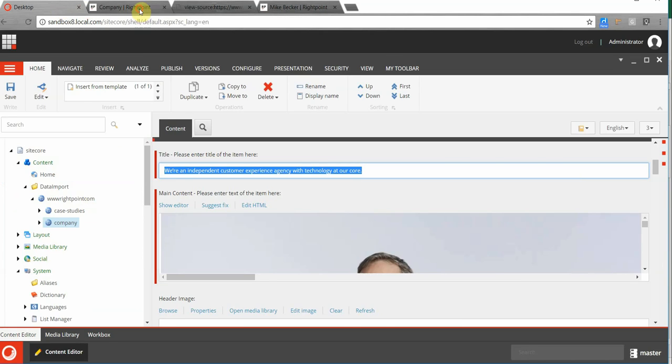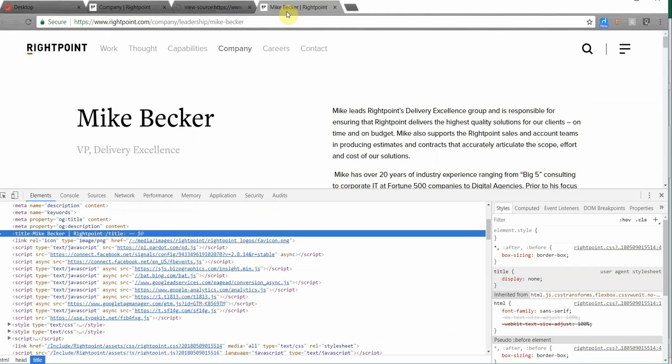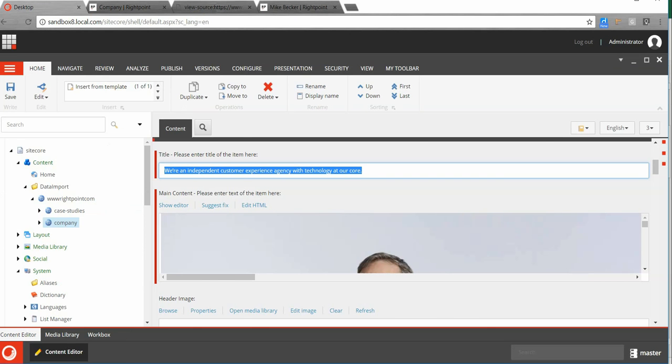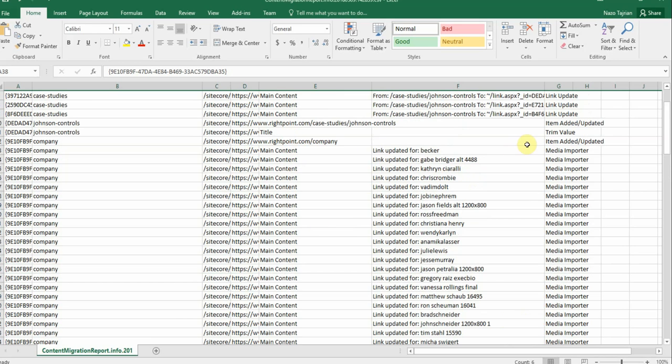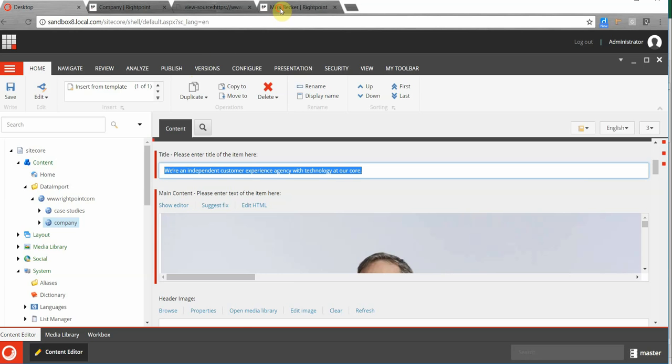And then in another page, for example, this other URL, there was another trim value. Sorry, there was this cleanup. Let's look at the cleanup here. And the URL, we fetched it from right in here. So if we look at the URL,